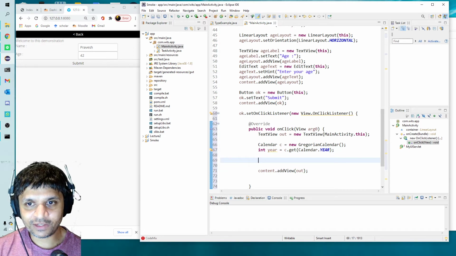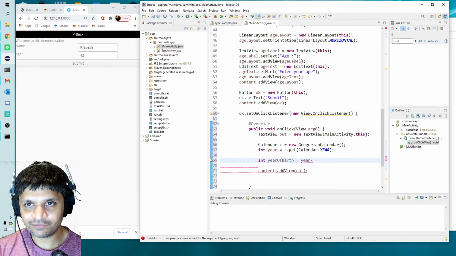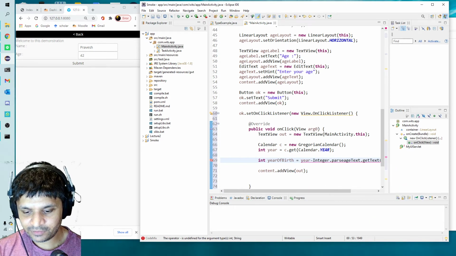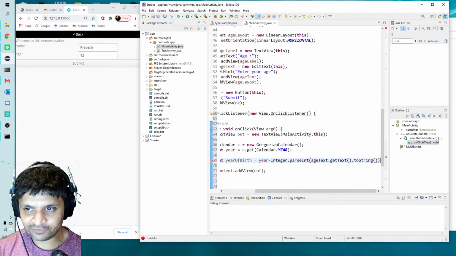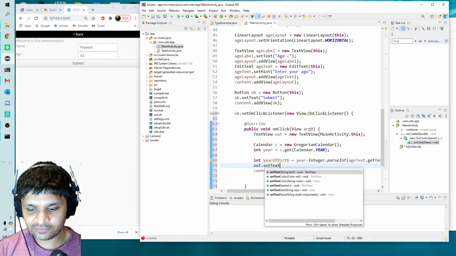Then if I want to know what year I was born in, I can say int yearOfBirth equals year minus, and now I want to get the value of the age text. So ageText.getText().toString(), but I'm going to have to convert it to an integer. So I'm going to say Integer.parseInt(ageText.getText().toString()), and then out.setText